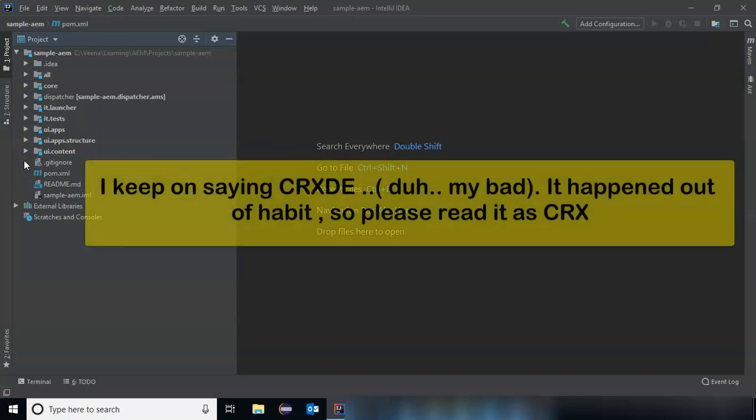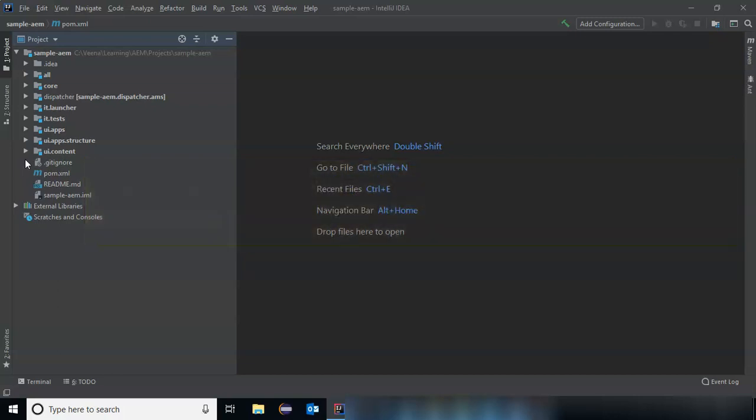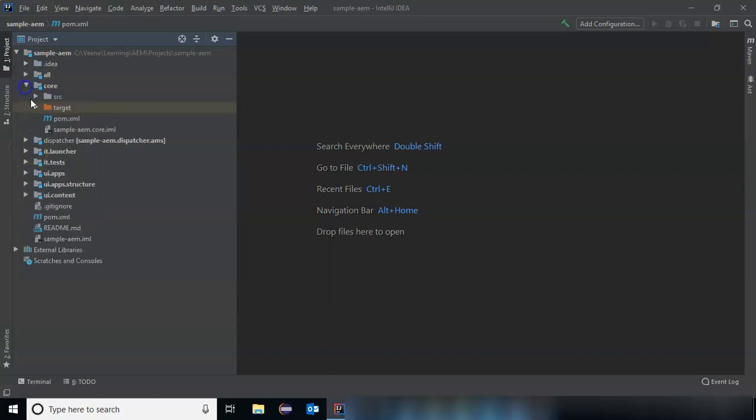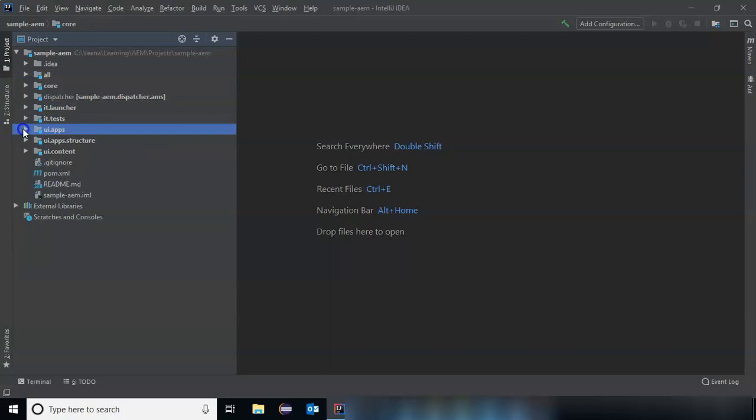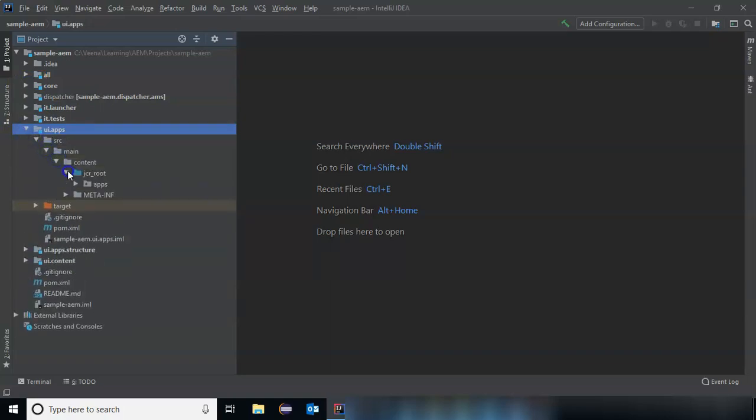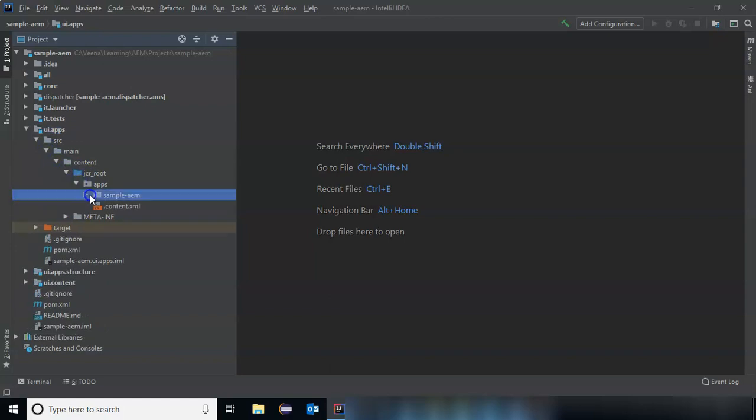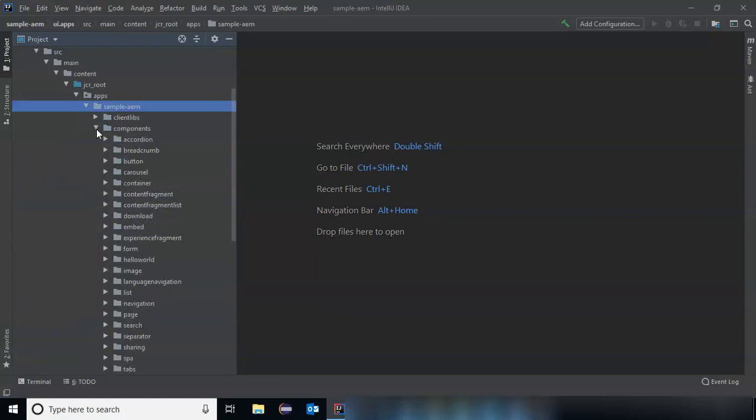What can you import? Your files in your CRXDE, right? Basically your apps or your content can be synced between your local and your localhost, but not the Java code, because Java code is something you write and then you have to compile it and the jar will go into your CRXDE. So basically your apps or your content you can actually import between your local machine and your